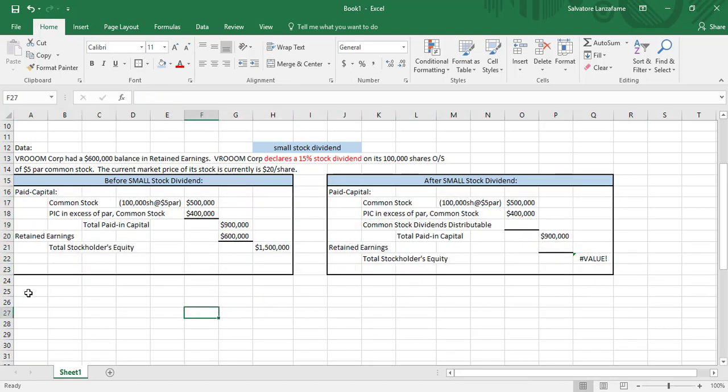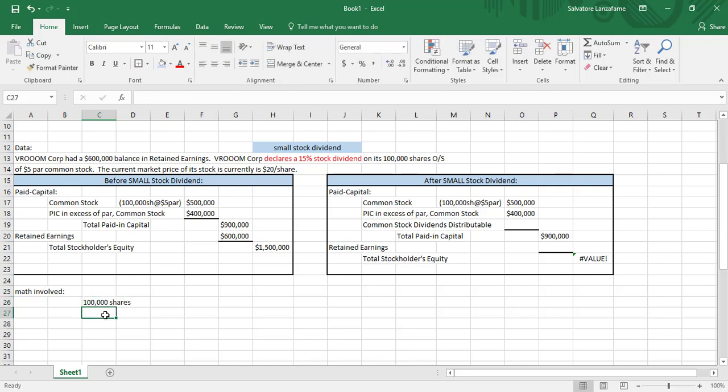Okay, so math involved. So the math involved is you first have to calculate how many shares are going to be in the possession of the stockholders once you give and declare this dividend. So you have to take how many shares are currently in possession of the stockholders, so 100,000 shares,